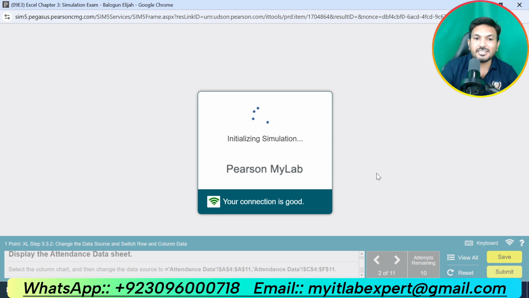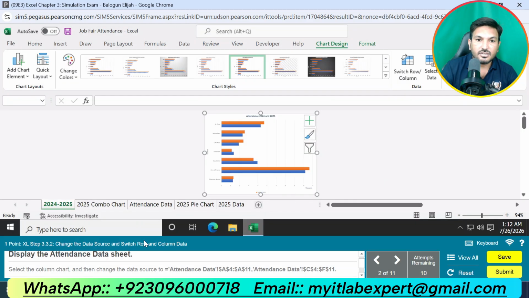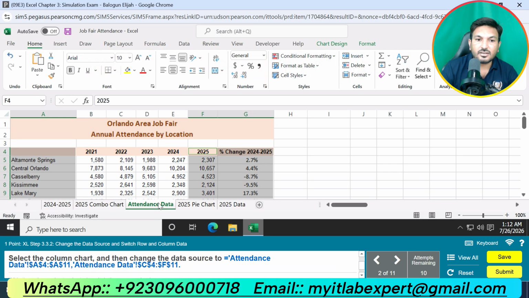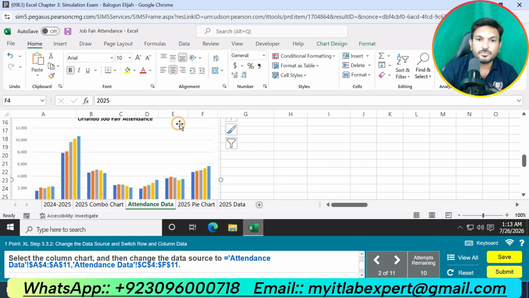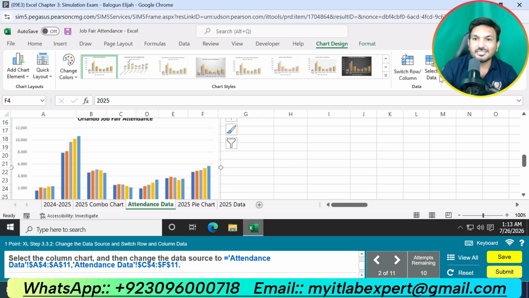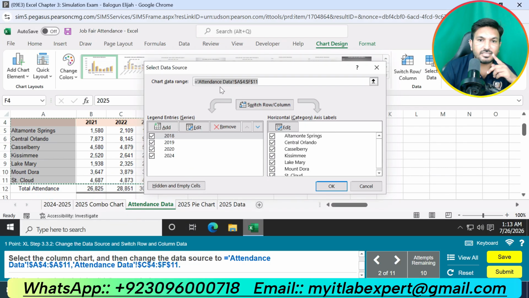Display the attendance data worksheet. Here select the column chart and then change the data source. This is the column chart. Go to Chart Design, Select Data, and here you can see the data source is A4 up to F11, equal to attendance data A4 up to F11.